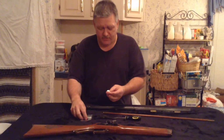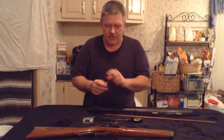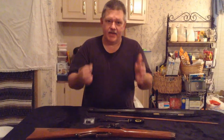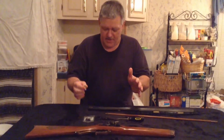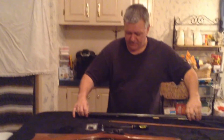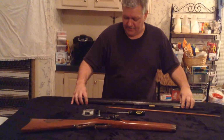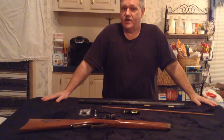So what I'm going to do first is take this bolt and fit it to the inside of here, drill it out, and I'll come back and show you some more, and then we'll finish it up, and at the very end of this video I'll fire it and let you see how it works. I've already done this with a pistol, so I know it will work,